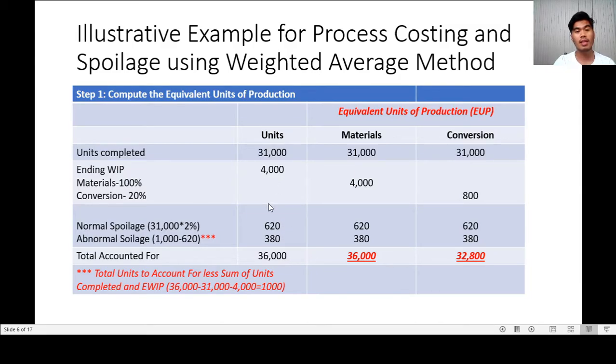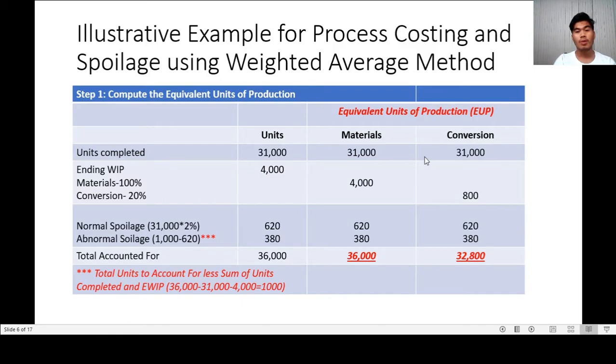Pero yung nawawala natin is 1,000, di ba? 36,000 minus 31,000 completed minus 4,000 ending work in process, may 1,000 units tayong nawawala. Itong 1,000 units, ito yung spoilage natin. So, normal spoilage natin is 620, i-minus mo sa 1,000. So, yung abnormal spoilage natin is 380